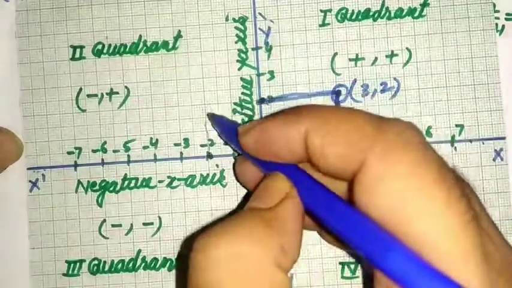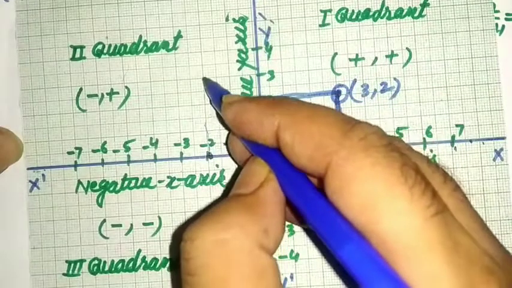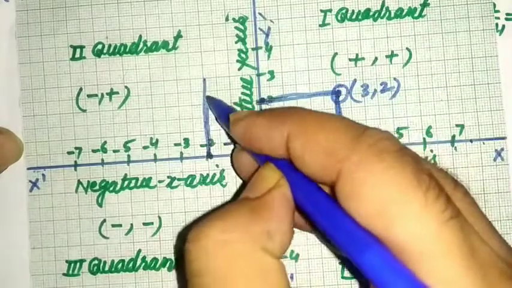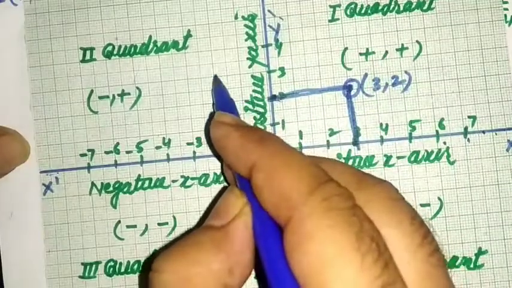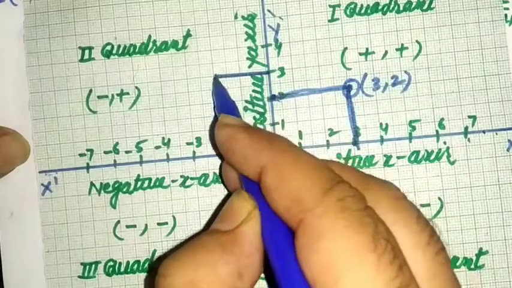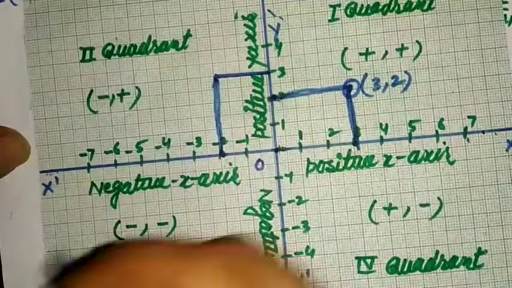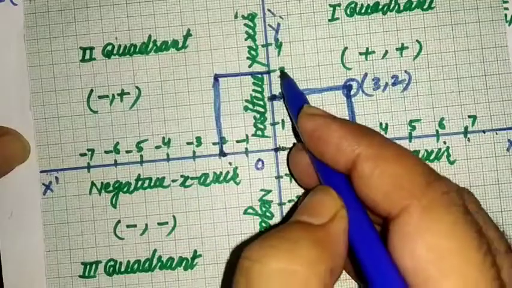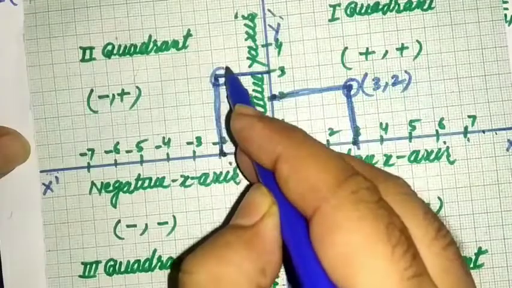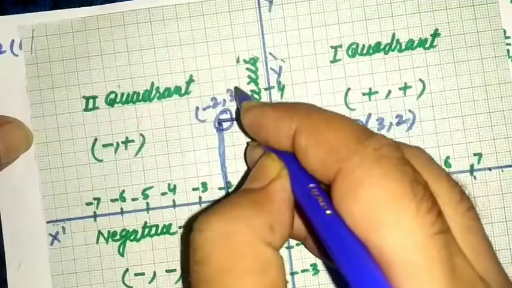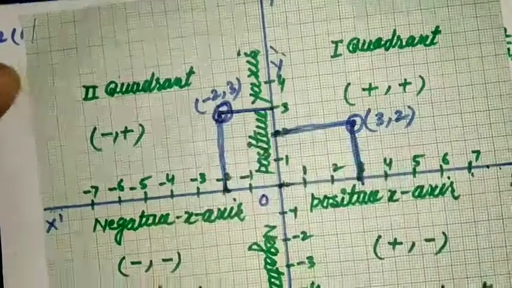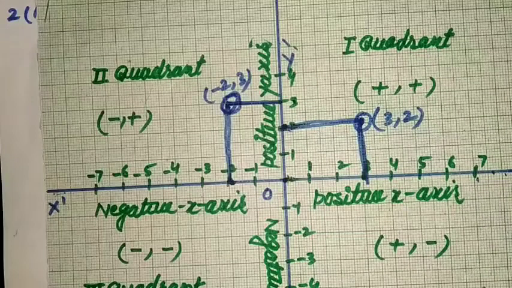First we draw here a perpendicular line, and where is 3? We join 3 in front of 3. So minus 2 is here and 3 is here. So we locate minus 2, 3 at this point. So this is very easy